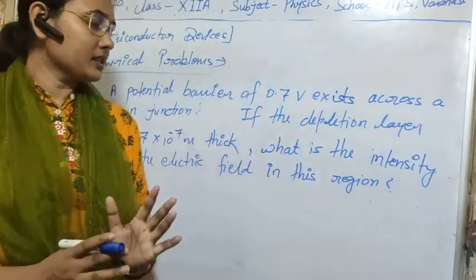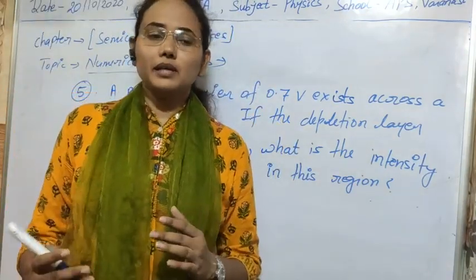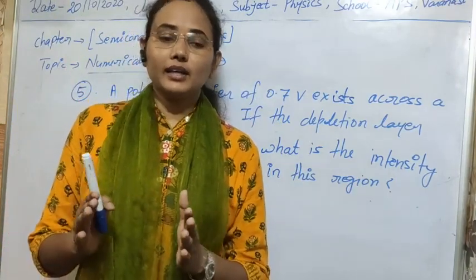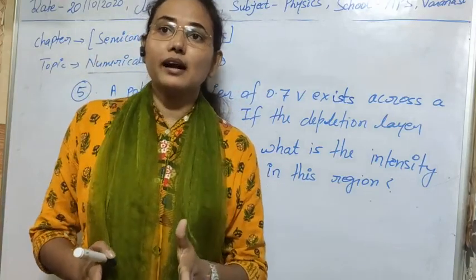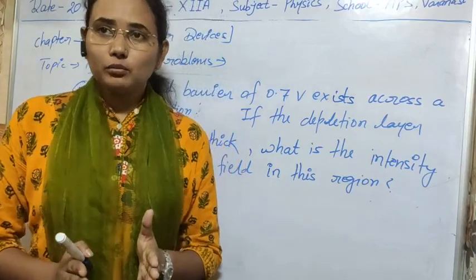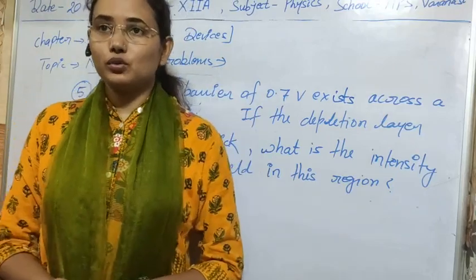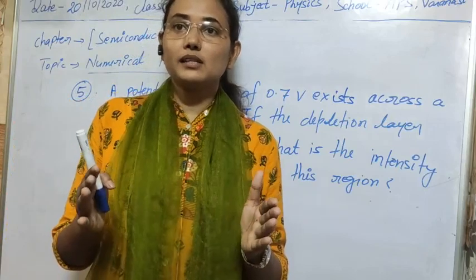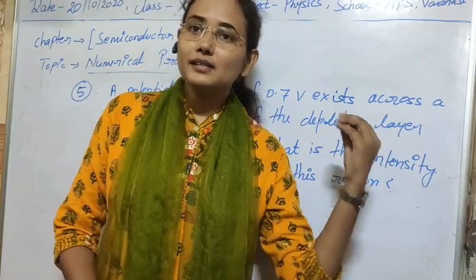The next problem is also related to the depletion region. As I've told you about the depletion region, if ions are accumulated at any region, then we can consider that region just like two plates on which some positive and negative charges are accumulated. Due to their accumulation, a potential is developed in the junction, and that potential is known as junction potential. Also, if there is junction potential and some space region, then definitely there will be an electric field, or electric field intensity, in that region.